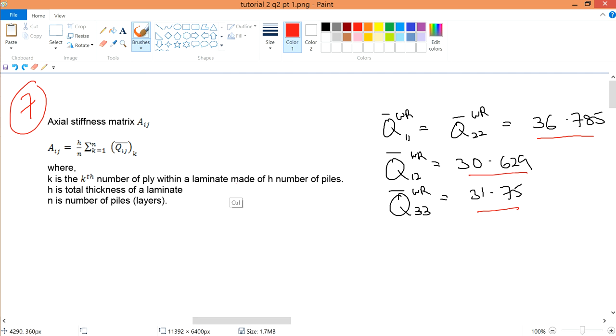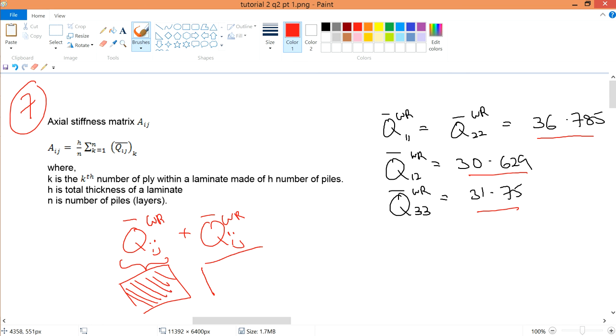In the summation, because k is the number of plies, we have 2. Therefore we are summing all the Qij bar WR plus the other Qij bar WR, for the 45 degrees plus the minus 45 degrees in this case. So this is just the summation, this is for this angle and this is for this angle. So you are summing all the stiffness matrix of your